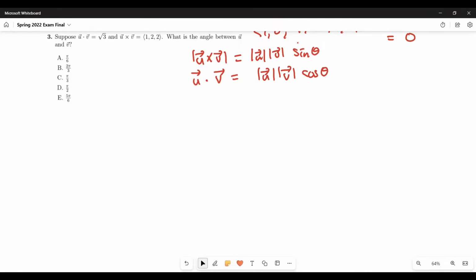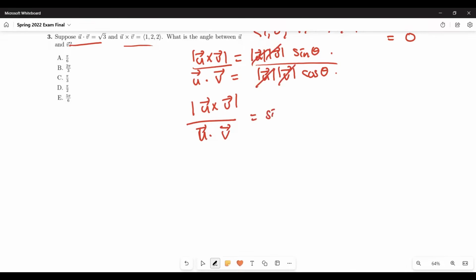What you could do in here is, since we know these values, u dot b and u cross multiply b, we can just divide the second equation by the first one. So this will make u cross multiply b over u dot b equal to, this canceled out, sine theta over cosine of theta, which is tangent theta, is equal to